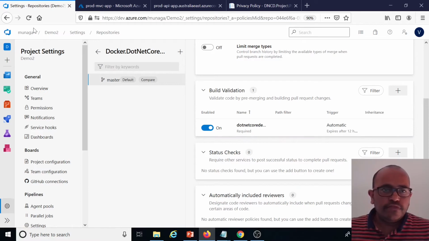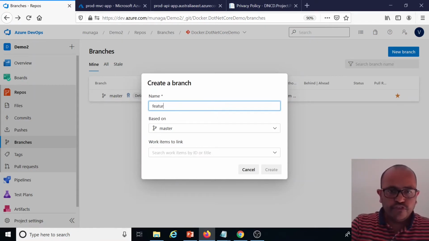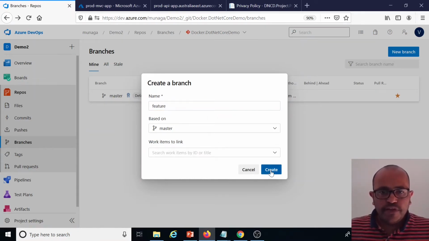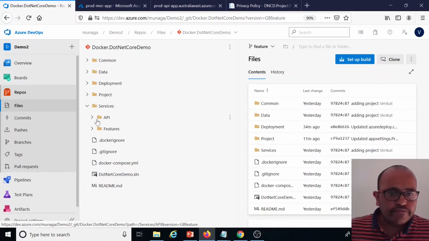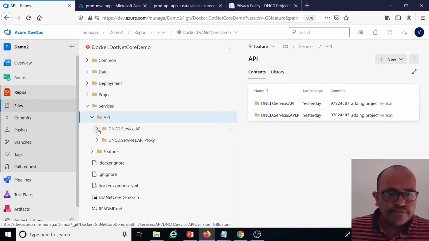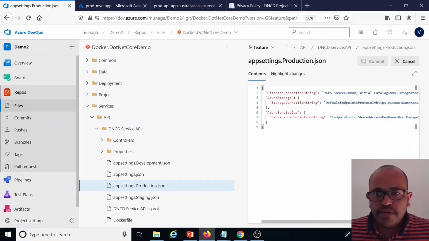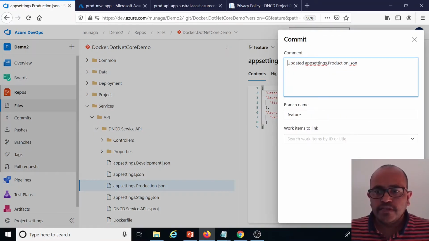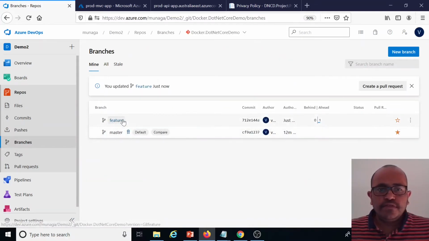Okay, now if I go back here, we enabled the branch policies for the master, so you can't go and change this directly. For this, if you want to make some change, you need to go with a feature branch and raise a pull request. I'm creating a new branch from the master. I'm going here, making any API change. In anything production, just one file I am updating without impacting anything. Okay, this is done. Now I'm going to raise this PR to the master branch.